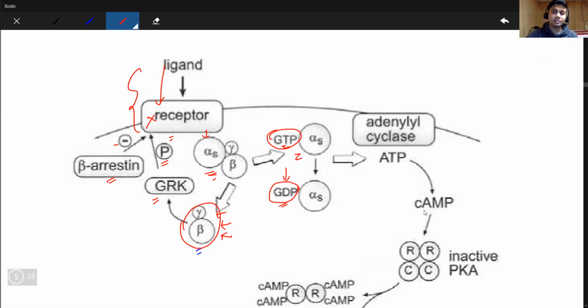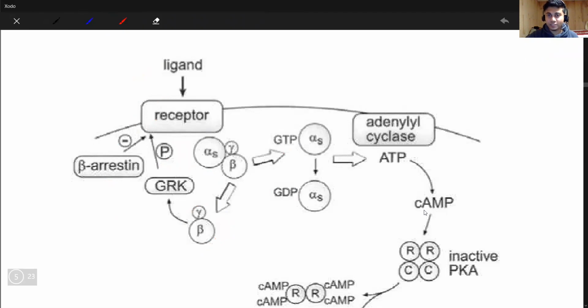So alpha has its intrinsic enzymatic activity through which it converts the GTP into GDP. So whenever alpha binds to the adenylyl cyclase and activates it, after that, as you can see, this alpha subunit bound to the GTP converts into